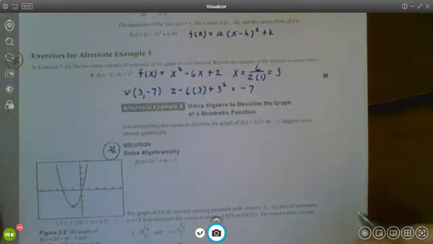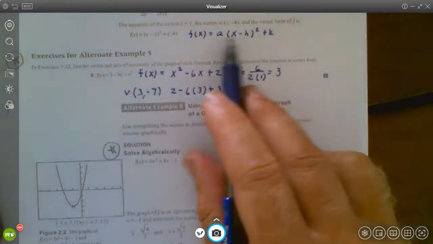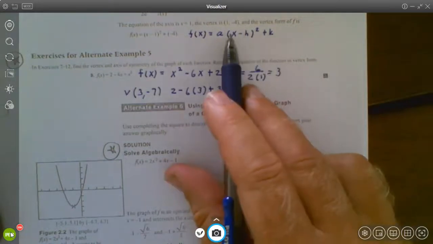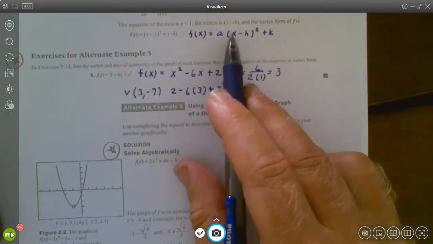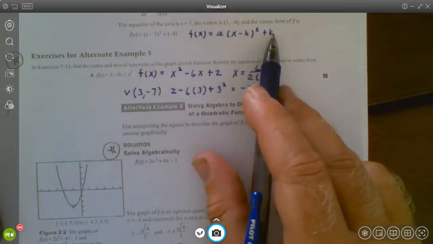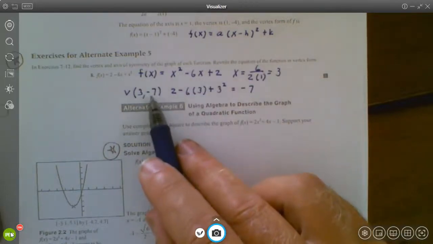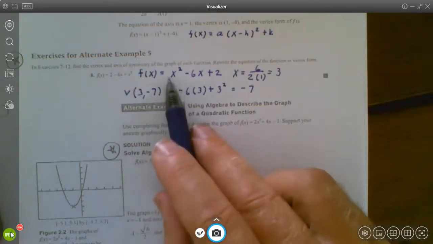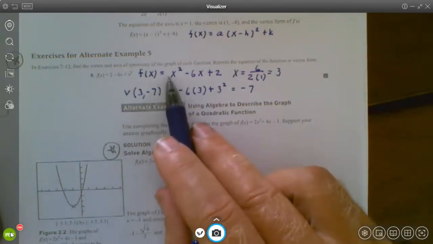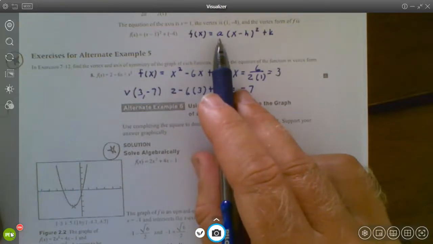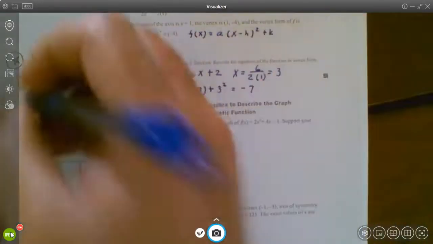So there's our y-coordinate. So we have all the pieces now in order to write this into vertex form. And so we can now do this actually without having to complete the square. So I can plug in my 3 for h, my negative 7 for k, and I can see right here that my a value was 1. And so that's just going to be a value of 1. And so if we throw it into that scenario,